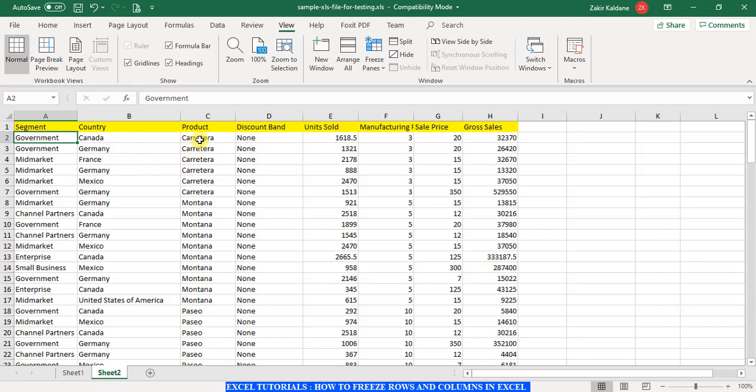If I click over here, in the third column, so this is my current selection, what it will do is, if I use the freeze panes option now, it will lock the sheet to the left of this selection and whatever is above this selection. Okay, so you got it. It will lock everything to the left of this selection and whatever is on the top of the selection.